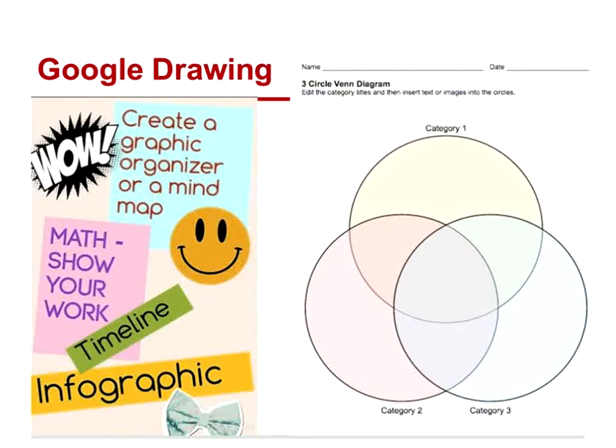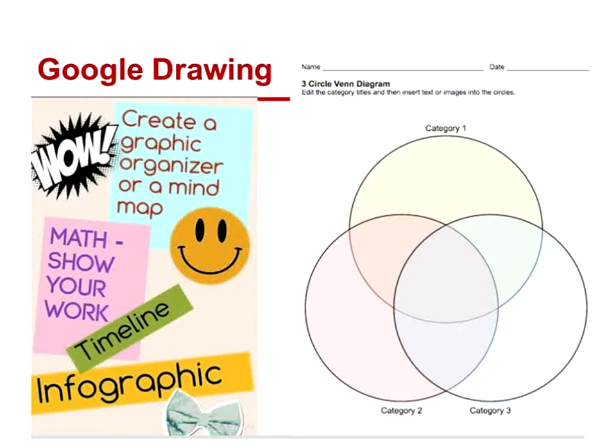You can make things, you can have kids show their work, because if it's counting, they can have little coins or whatever it is, they can actually put it in. There's a clip art that they can use, and they can put it in there into Google Drawing. Click on it and embed it into Google Drawing. You can create timelines and infographics. I was actually working with a primary teacher today. She was using it. It was the coolest way. I've never used it this way.